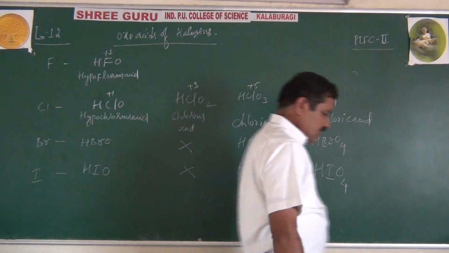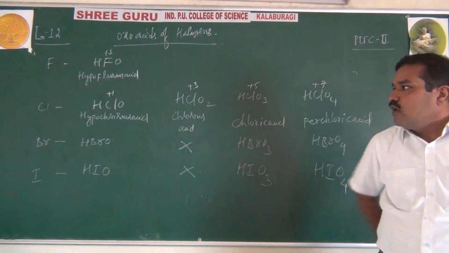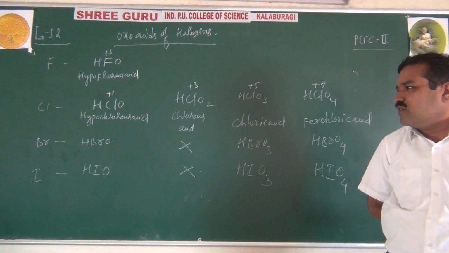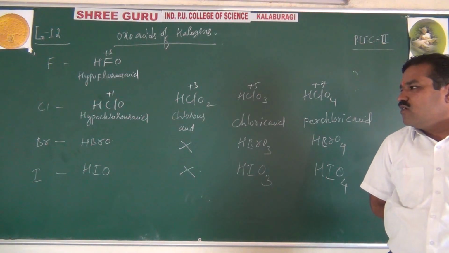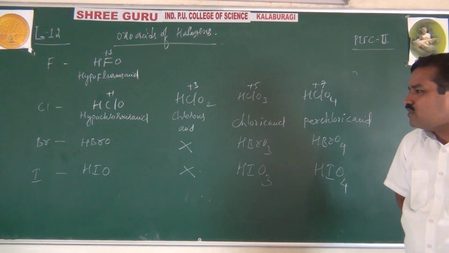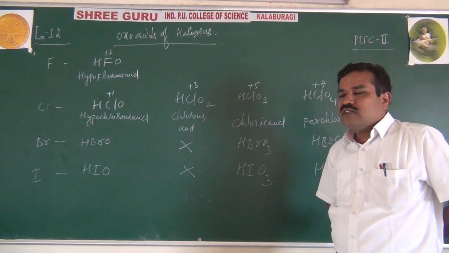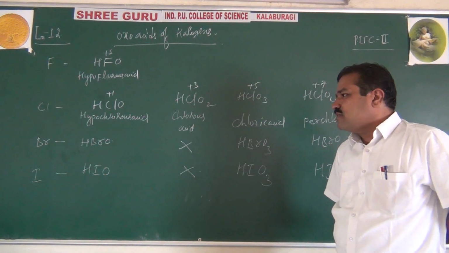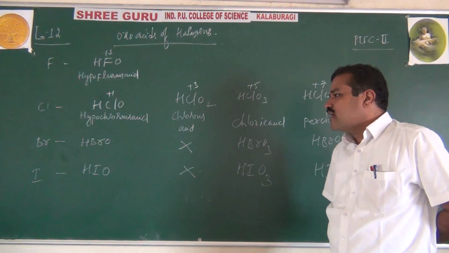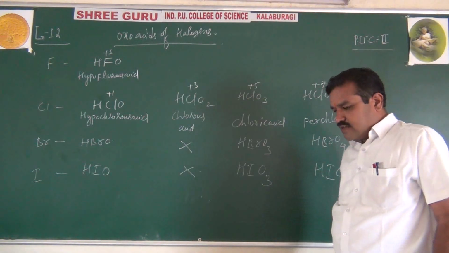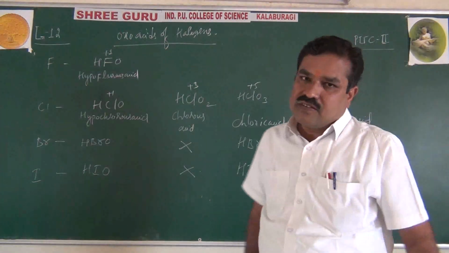Right? That means except fluorine, maximum will form +3, +5, +7. Okay, +3 exceptionally for bromine and iodine, because bromine is volatile in the lower oxidation state, highly unstable in liquid state. That's why they are highly vaporizable, bromine and iodine, from gas and violet liquid. That's why it is not possible. But in higher oxidation states they become stable.